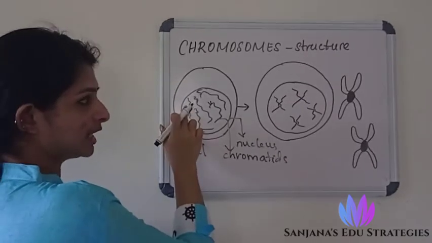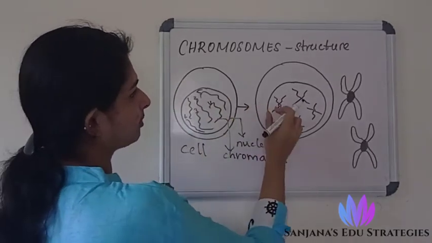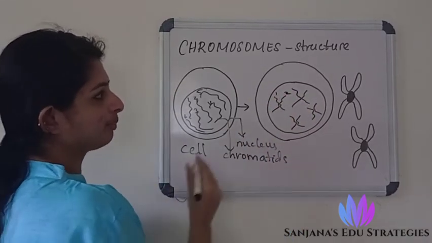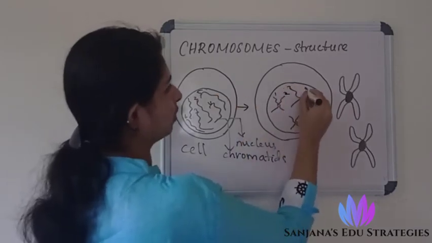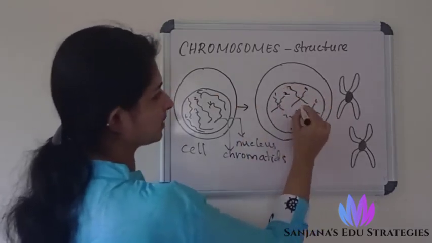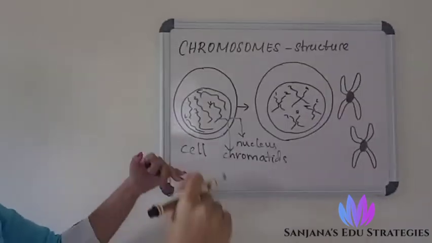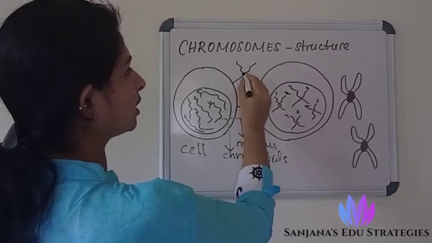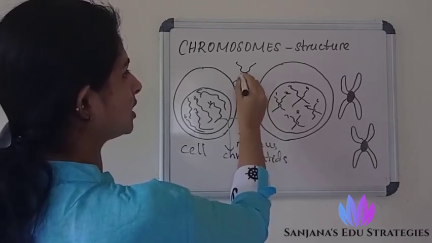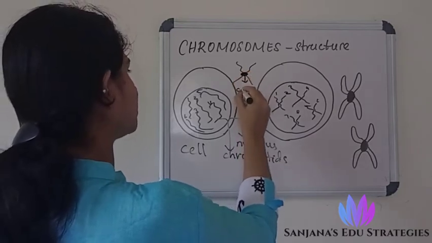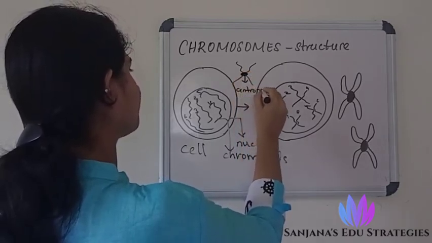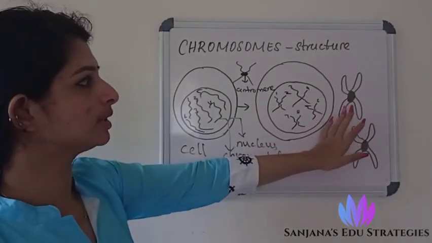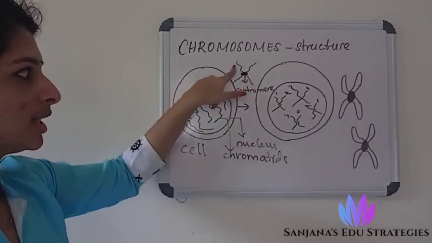One chromatid fiber gets attached with another chromatid fiber, 2. Another one, 3, attaches with 4, 5 attaches with 6, 7 attaches with 8. Like this they get attached. Chromatin fibers attach in this form, in the center of their structure. The center region where they are getting attached is known as the centromere. See how they are formed after attaching. This is not a single line.